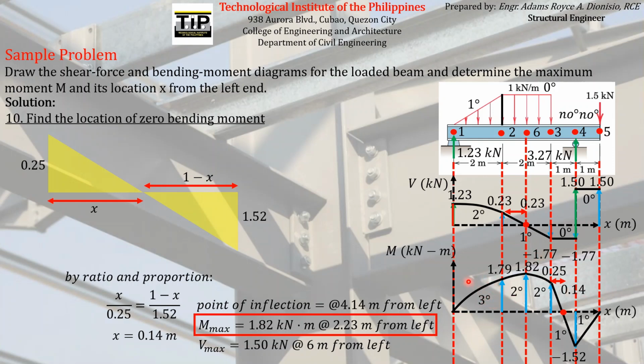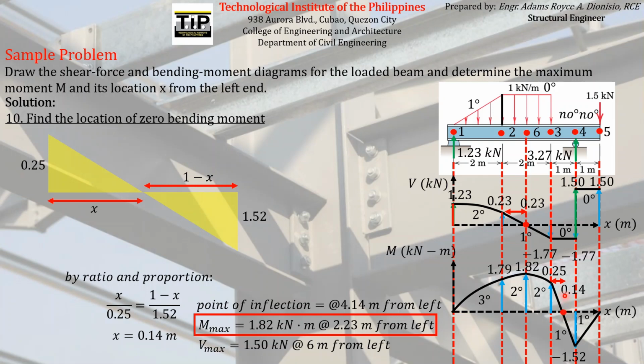What are the things that we can see on the bending moment diagram? First is the maximum bending moment and its location, obviously. And then the location of the zero bending moment. Actually, that location of zero bending moment, which is called point of